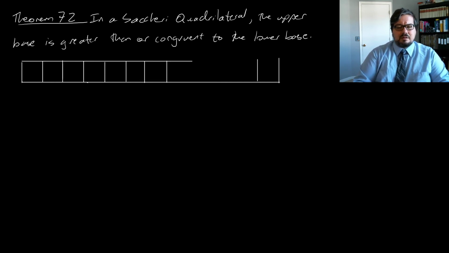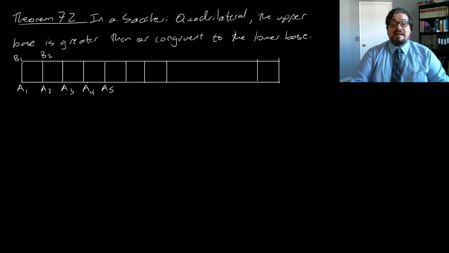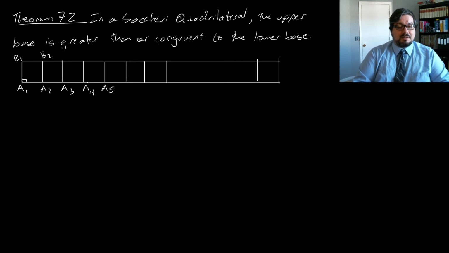So what we're going to do is set up a bunch of Saccheri quadrilaterals like this. We're going to take our first one, A1, A2, B1, B2, as sort of our starting point. So we're going to start with a Saccheri quadrilateral like that. These two sides are going to be congruent,